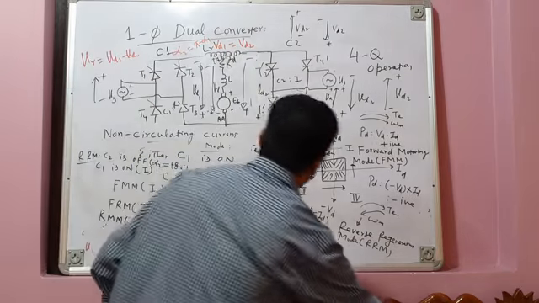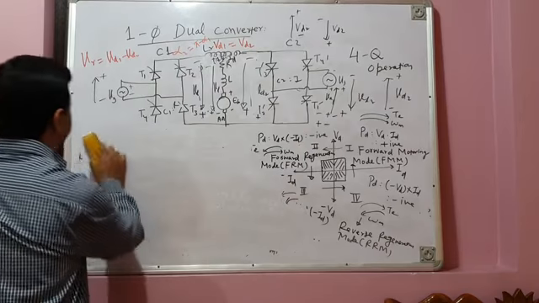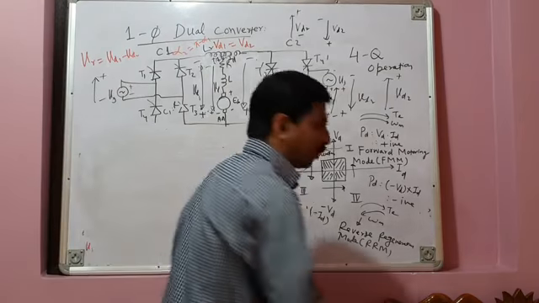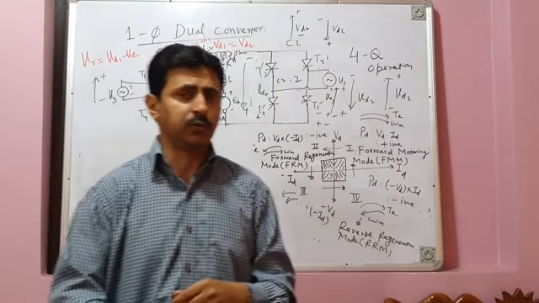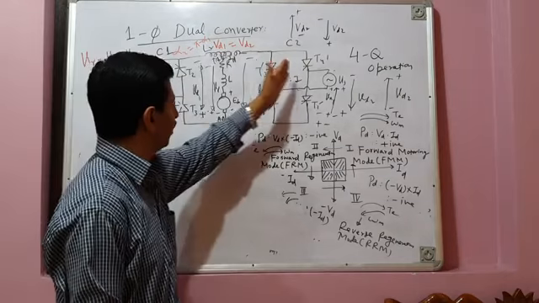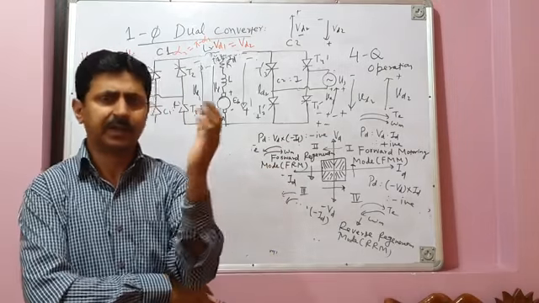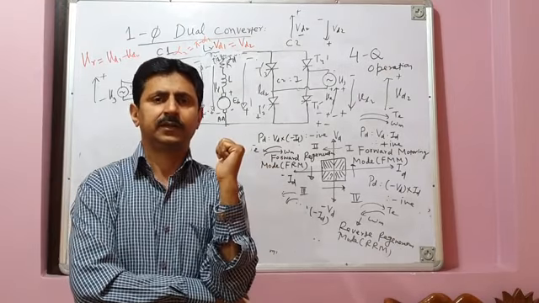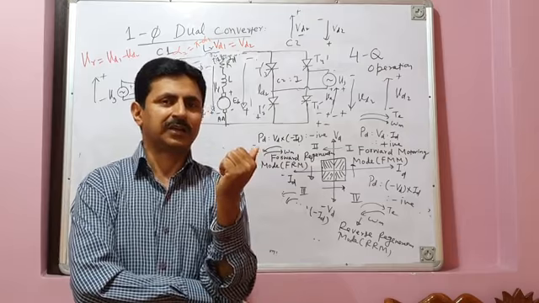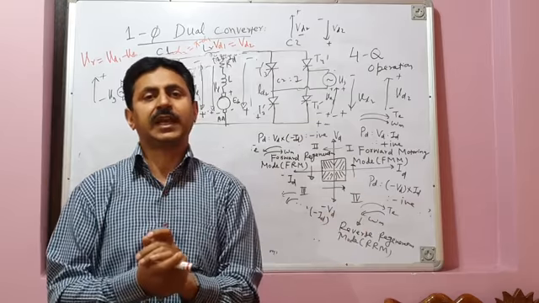Okay. Now out of the two modes, which mode is preferable? Circulating current mode is preferable. You may quickly say, sir, non-circulating current mode is. Why? I will ask you why. You will say because there is no circulating current between the two converters and you don't need this circulating current limiting inductor. But that's not the advantage. I mean, there are other aspects also you have to see, technical aspects.